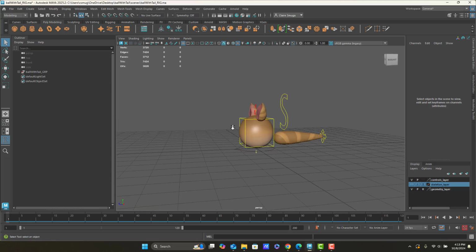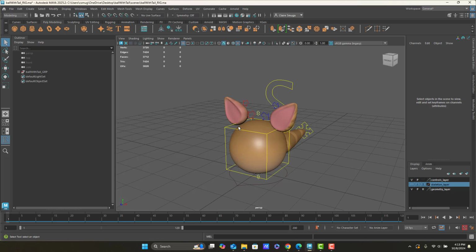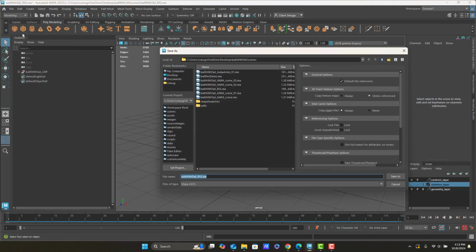Now that we've been through the rig, let's figure out how to create a quick, simple character animation just to get ourselves started. The way you always want to start a character animation is by going to File, Save Scene As. You never want to animate directly in the rig file because what happens if something goes wrong? You need to have a clean copy of the rig to go back to. So let's call this one Ball with Tail Rig